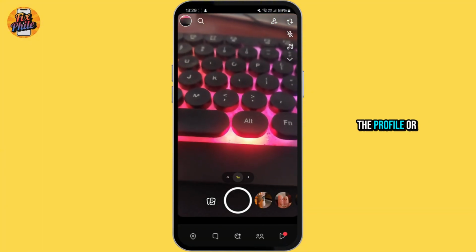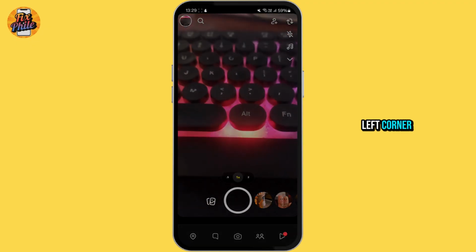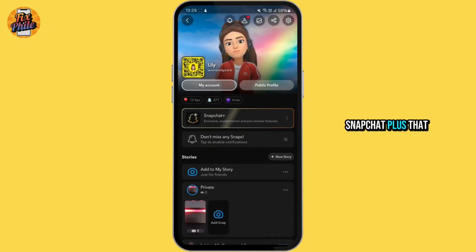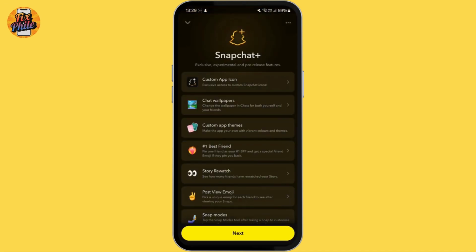Then tap on the profile or the Bitmoji icon in the top left corner. Then tap on Snapchat Plus, that is below the profile. Tap on Next and subscribe. Now here you will see the option as Start Free Trial. Tap on Subscribe and you will need to enter your Snapchat password, and after that you will get a 7-day